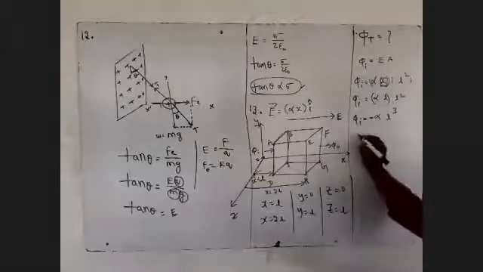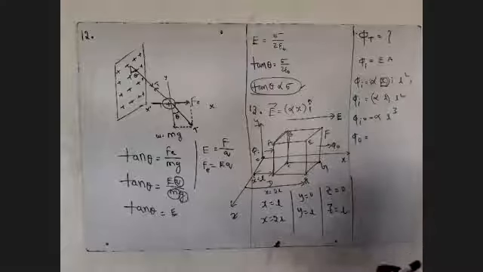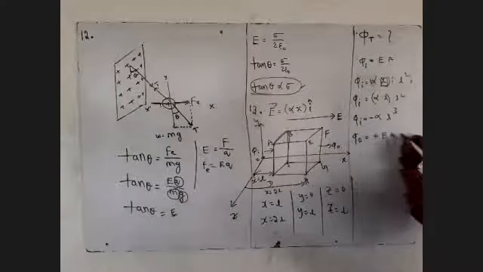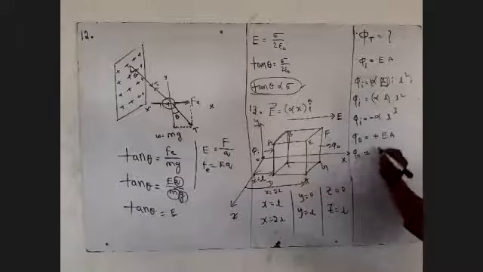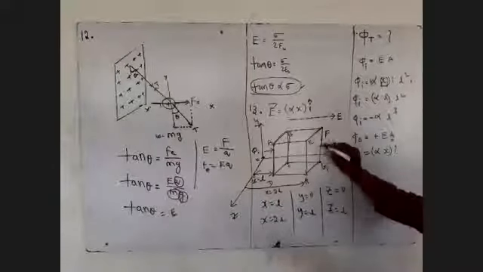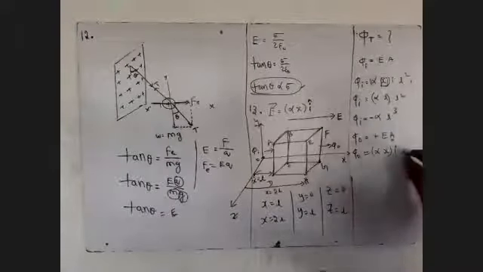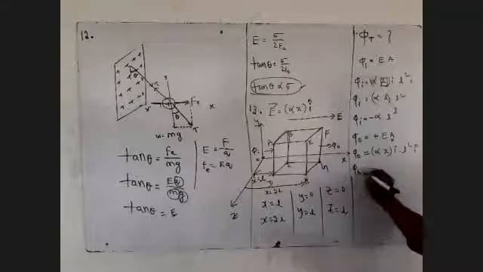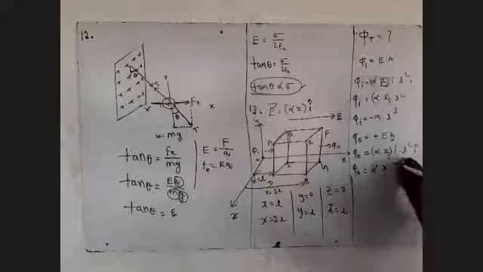Already I explained to you. So what is the outgoing flux? This is the outgoing flux, that we are taking positive, E dot A. So what is E? E means alpha x I cap. Area means the area of the square, which is L square I cap. So this is alpha x I dot I1.